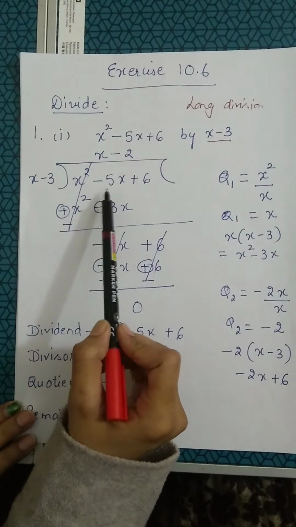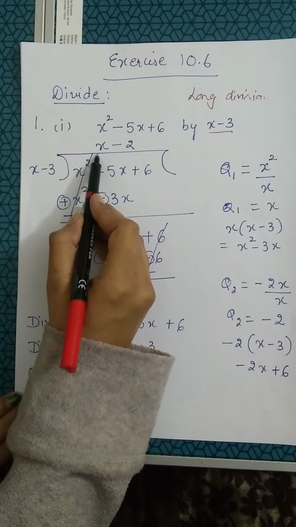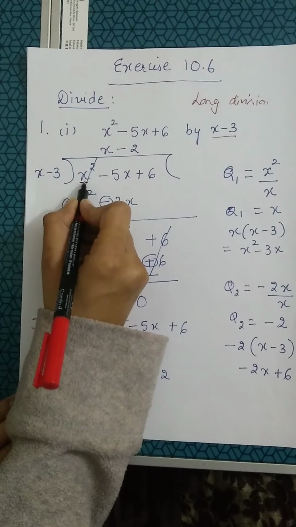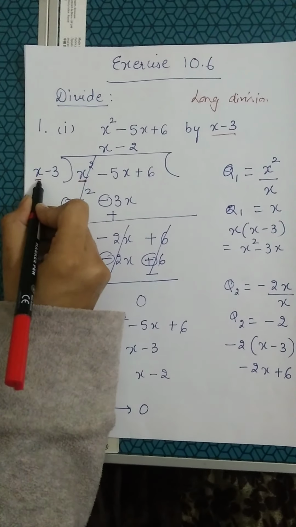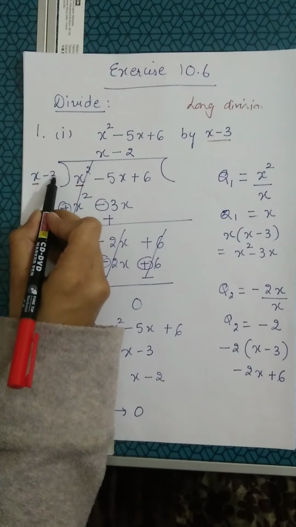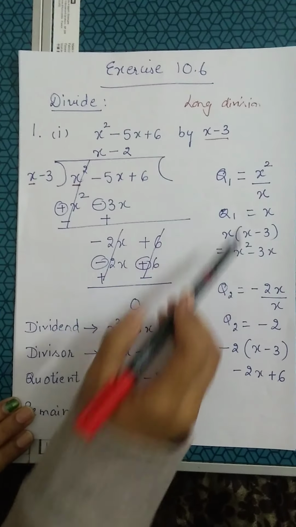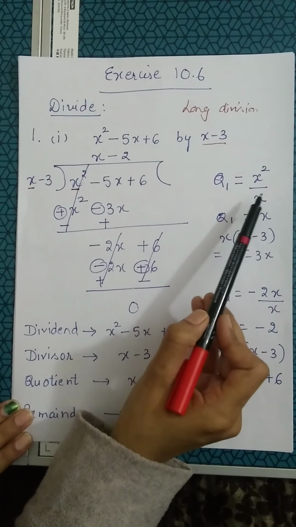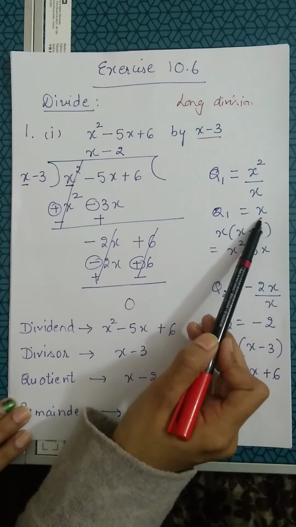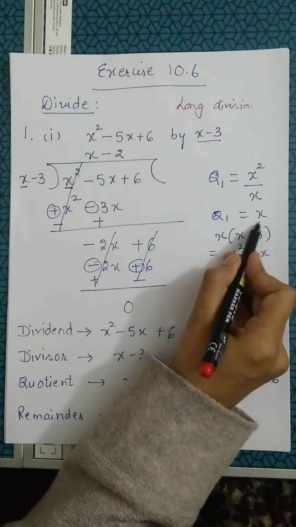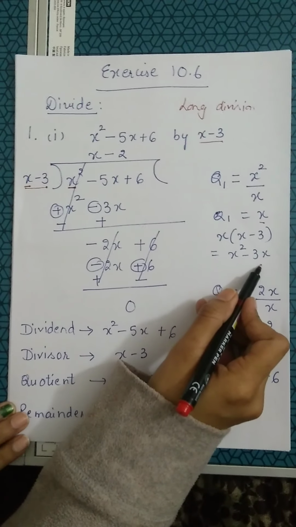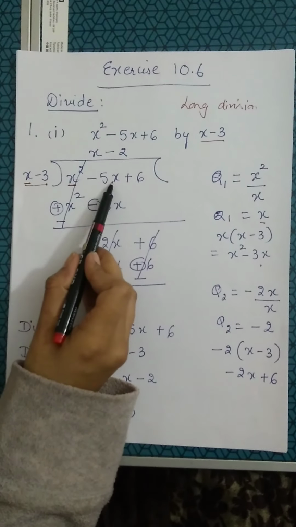We will write it in the same way. Now how to find the quotient? The method is, I will take the first term of the polynomial, that is x square, and the first term of the divisor. So this is the dividend, and this is the divisor. In order to find quotient 1, first term of the dividend divided by first term of the divisor. Now x square divided by x, I will get x. Now this x, when multiplied with the divisor, will give me the terms which I will be writing here, like terms below like terms.